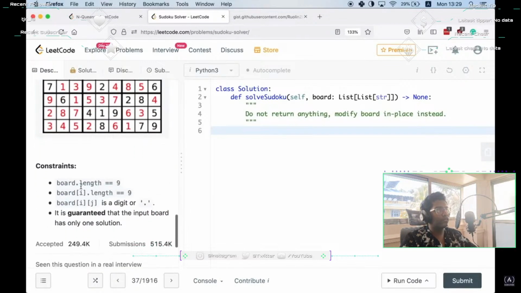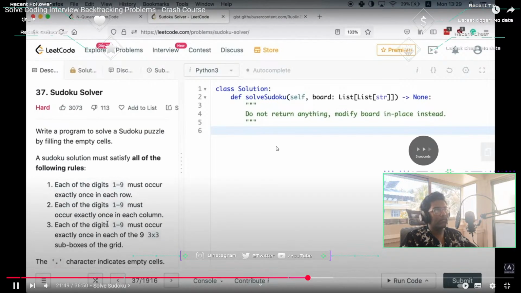The constraints are that because it's a Sudoku problem, the shape is 9 by 9, and if you find copy-paste